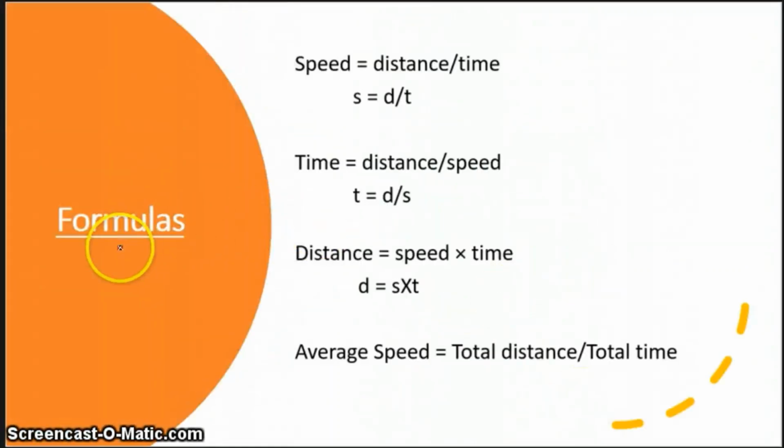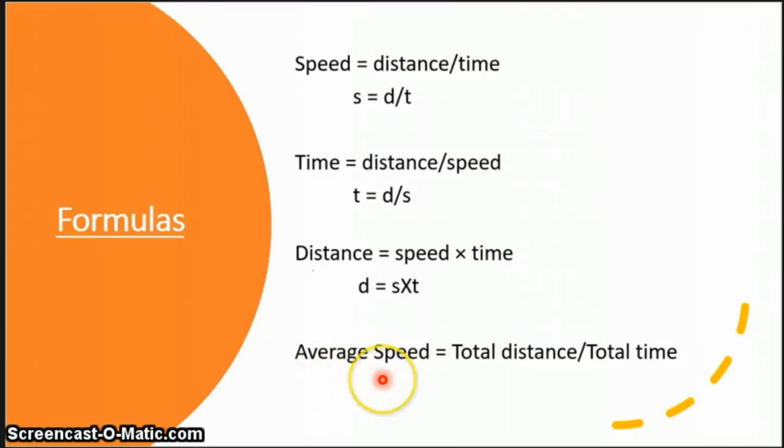So we have a few formulas for this topic. First is to find the speed. We have to divide distance by time, so we will get the speed. That means if the distance is 30 kilometers and the time is 1 hour, the speed will be 30 kilometers per hour. For the time, the formula is distance divided by speed, and for the distance, the formula is speed into time. So these are the formulas for speed, time and distance.